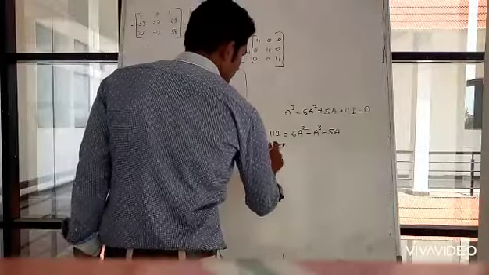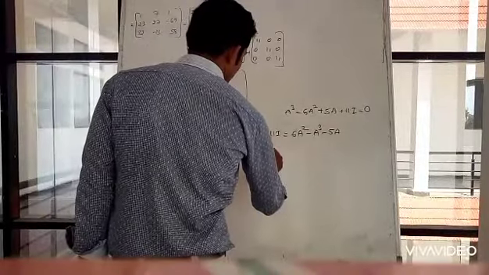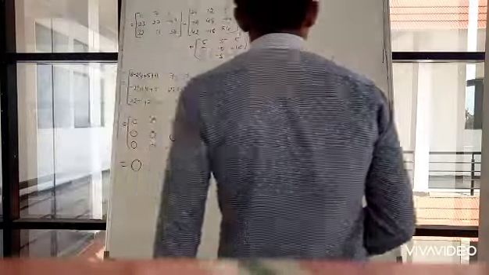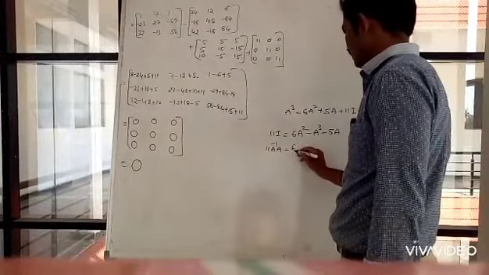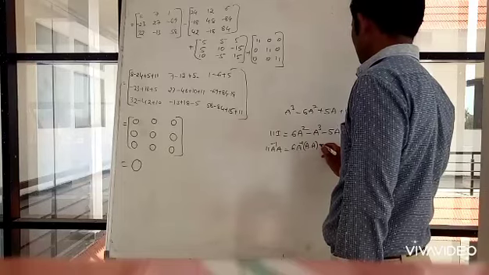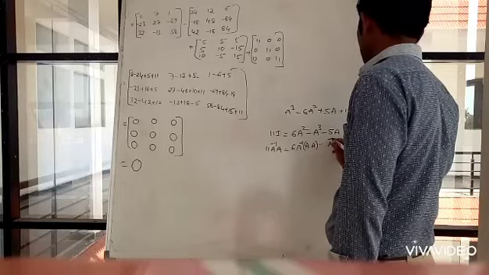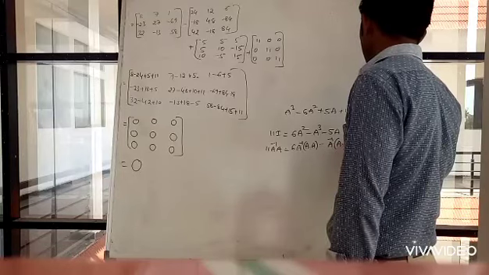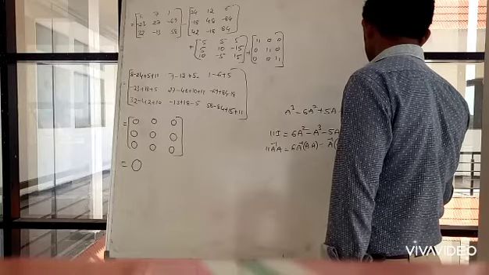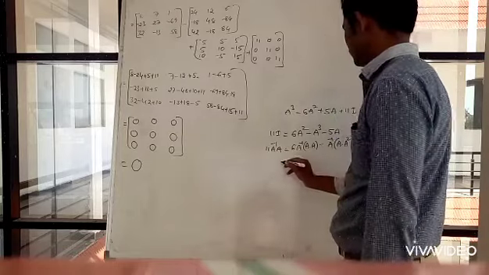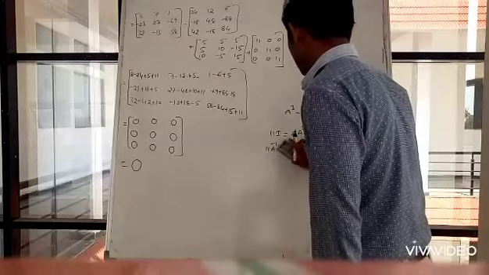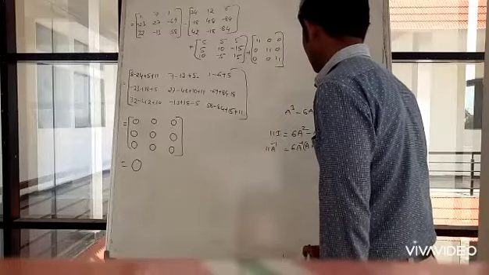Can you simplify? With just one thing we have to make here, multiplying by A inverse on both sides. Multiplication by A inverse. So 6 A inverse, A square can be written as A into A, and A cube can be written as A into A square, minus 5 A into A inverse into A. Here A inverse into, sorry, not I here, I is there.